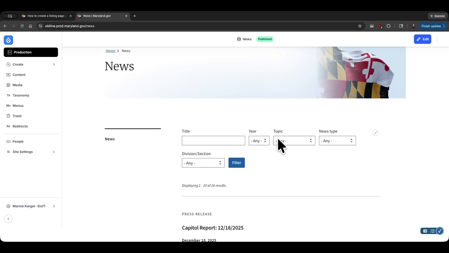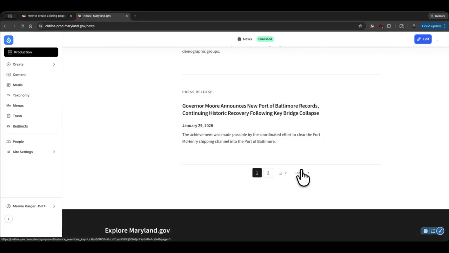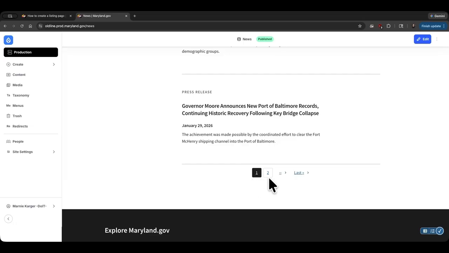On this example news listing page, a visitor can search for news items by entering terms in the title field, and they can filter results by the year it was published, a variety of topics, the type of news it is, and to what division or section it is related. At the bottom of the page, visitors can also use a variety of buttons to navigate through multiple pages of